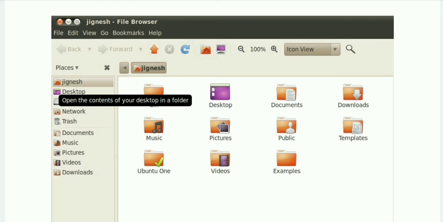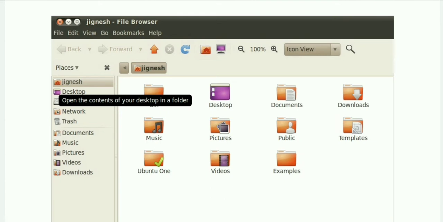Currently which view is shown? Currently it shows the icon view. So first I will explain the icon view only. In the icon view, all the folders are represented with small thumbnails, small images. Can you see the small images here? Here the documents and downloads are available with small icons, along with the names of the folders. So the names of the folders will be visible, and the icons will be arranged like this in the icon view.